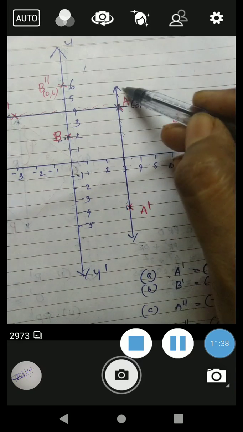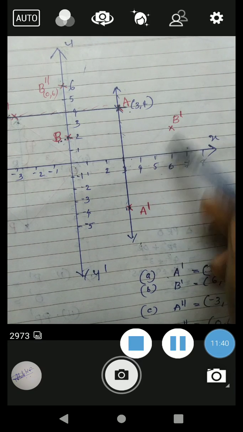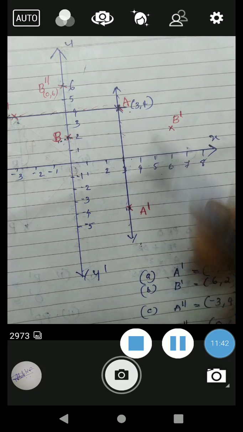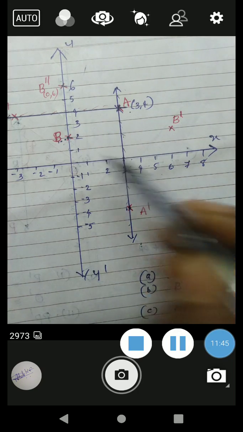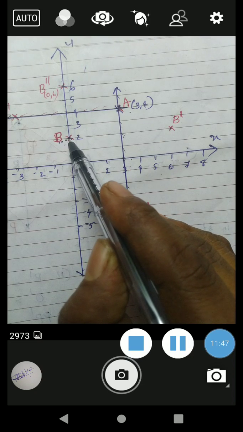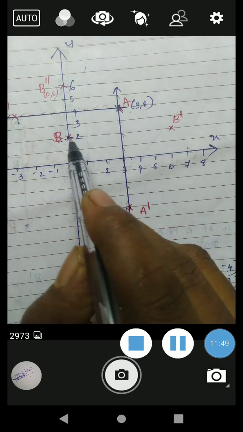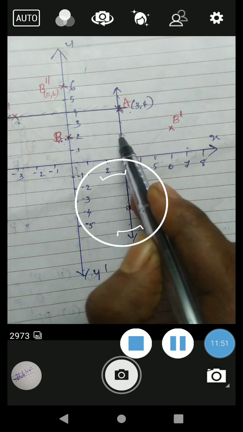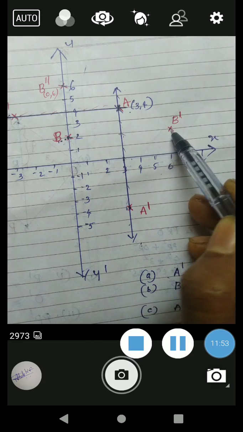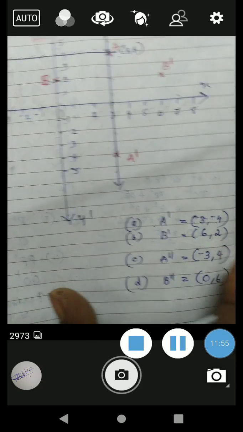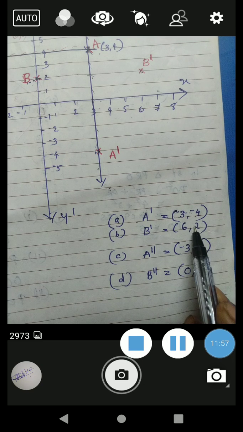So first join AA dash. B dash is under reflection in AA dash. Consider AA dash as a mirror. Therefore B is here. So B dash is at the same distance behind the mirror, that is B dash is here. So you can write B dash is (6, 2). And